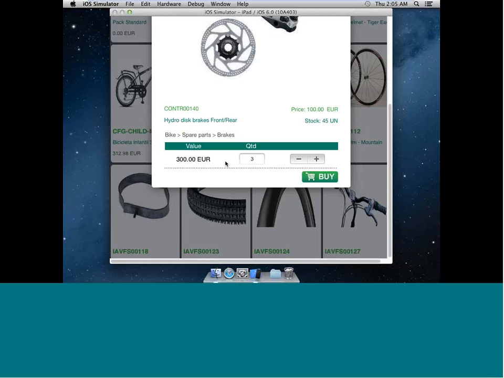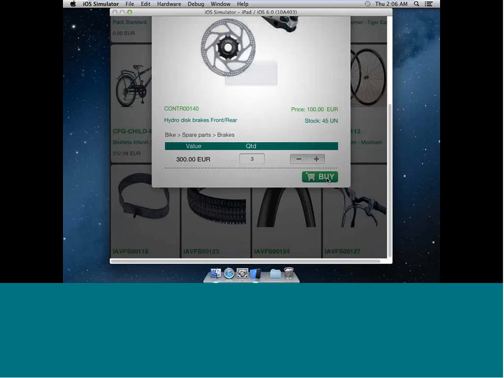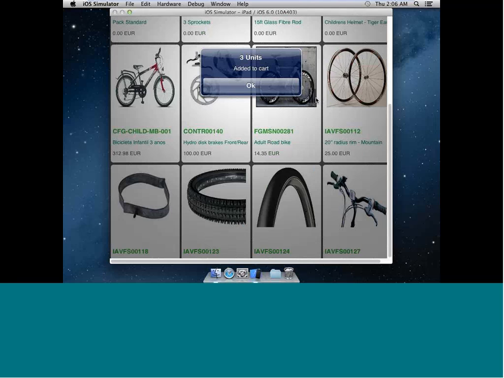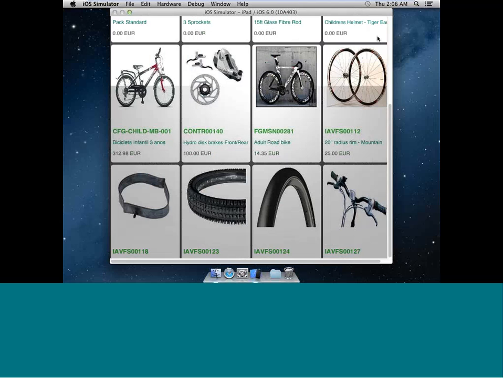Now, I will call your attention to the fact that the app through the web service is using price lists from Sage ERP X3. So things as discounts, price quantities, and so on and so forth are taken into consideration through the use of price lists in Sage ERP X3. And when you finally agree on something, you just click and you add to the cart, and your shopping cart now shows you